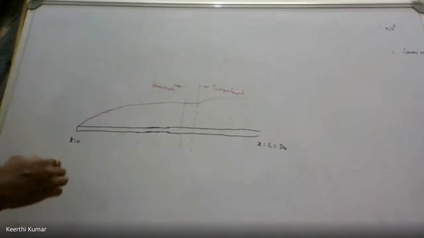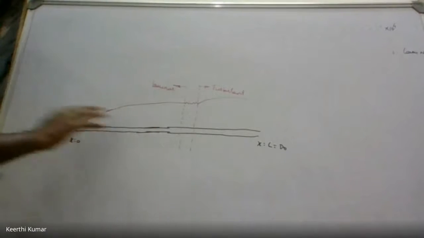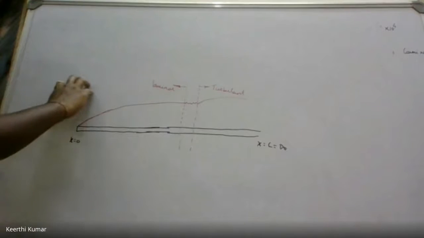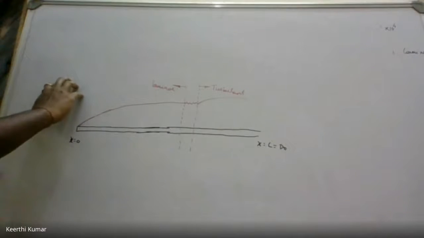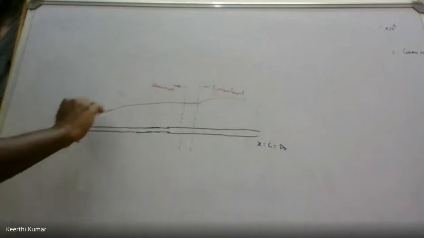Okay. See now, let us first assume the plate is of infinite length, and air is blowing on one side. If it is two sides, just multiply by two. So leave that. Assume that the air is blowing on the surface with some velocity. It is going to create a boundary layer.